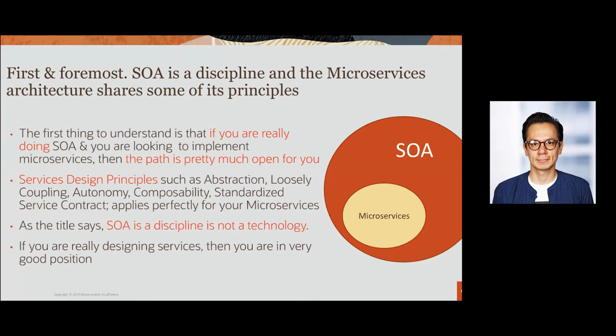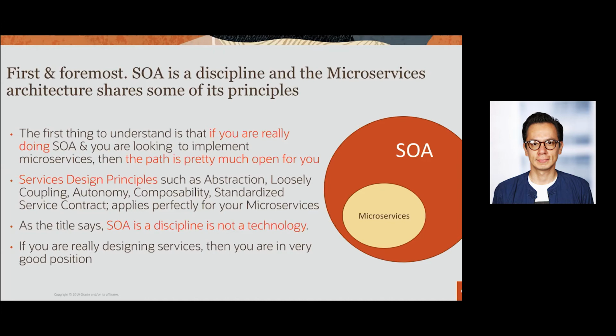Microservices, in my opinion, is nothing more than a subset of the design principles of service-oriented architecture. It is a subset of those principles. We are talking about discipline, okay? And those design principles can be identified as abstraction, for example, loose coupling, which has been mentioned throughout this conversation, and autonomy, which is pretty much what Guido was mentioning. We need a lot of autonomy with our pieces of software because this is a distributed environment and we do have a specific responsibility in this system.